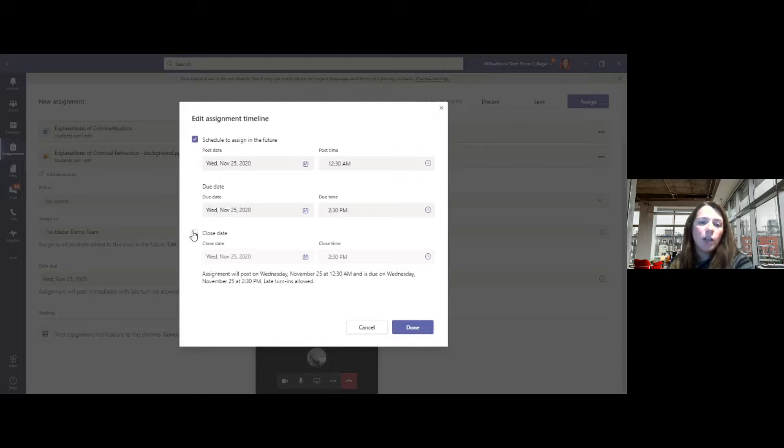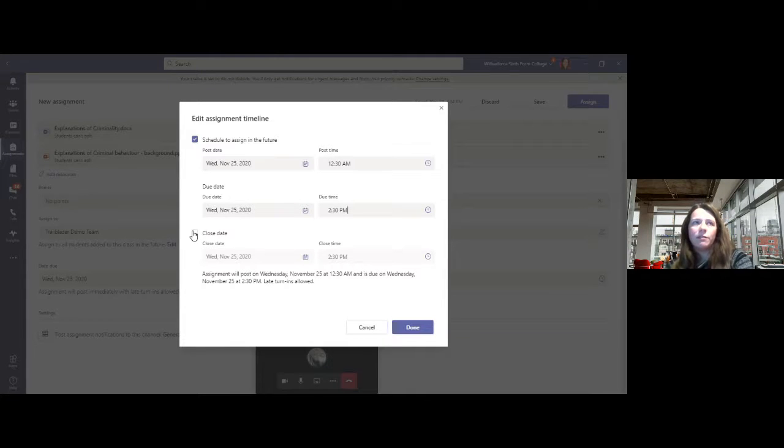You can choose a close date. Lois mentioned this: you can either choose to allow them to submit late and allow late turn-ins, or you can say that that's it at 2:30 and not accept any more. It depends whether your students need that kind of finality. I don't really set close dates.